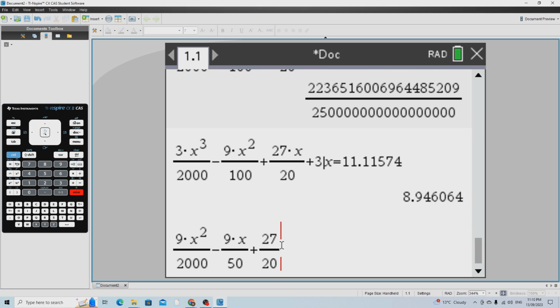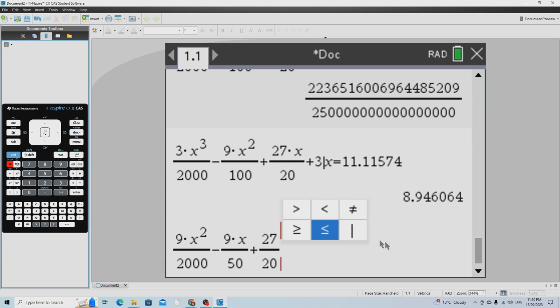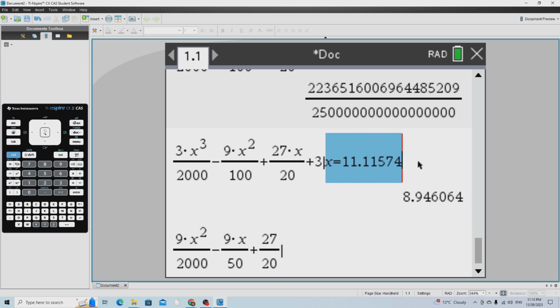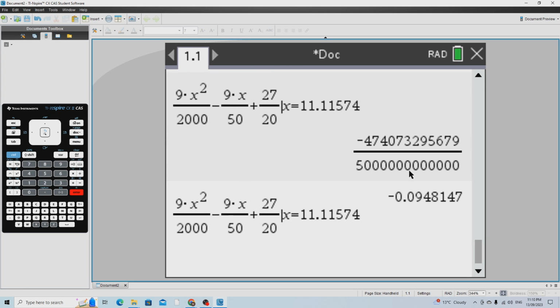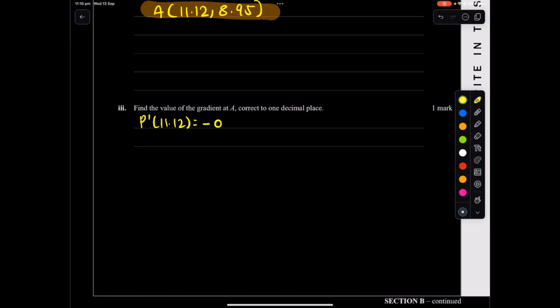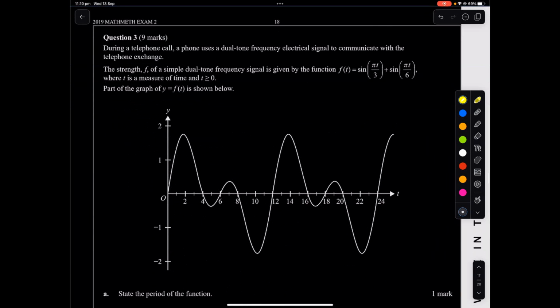So this over here, given that x must be this. And that gives you negative 0.1. Yeah, that's that. So, during a telephone call, a phone uses a dual frequency electrical signal to communicate with a telephone